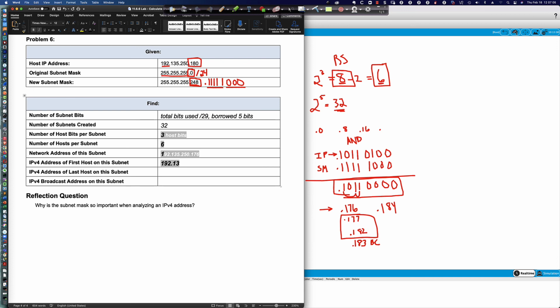I'm just making sure here. No, okay, good. Last usable is going to be 192.135.250.182. And that leaves me with my broadcast address of